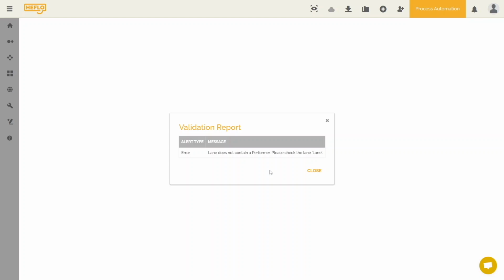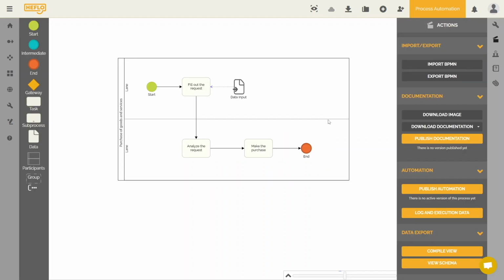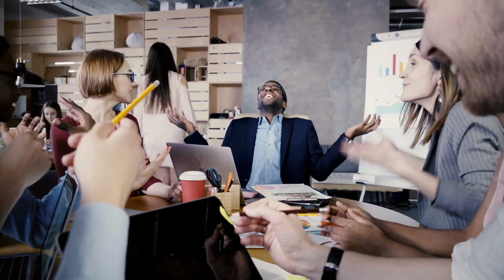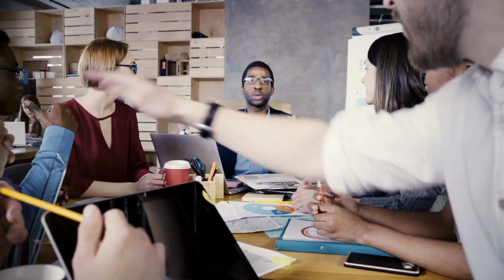What are we going to do now? We will configure the responsibilities of our process. To determine responsibility in each lane, we will use a concept that we call participant. This concept tells me how the person or group of persons who walk in this lane will be defined. In this example, we will use simple definitions, but there will be a class to dig deeper into the subject of the participants.